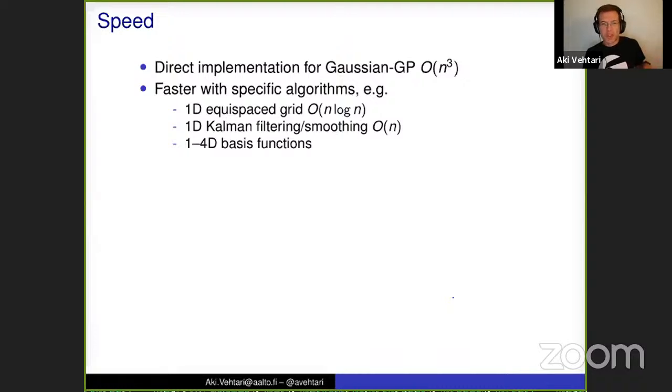Arno Solin, Simo Särkkä, and James Hensman have done some interesting work on basis function approximations for GPs, and we've also used them in Stan. And Kronecker products, so that in certain cases we can combine